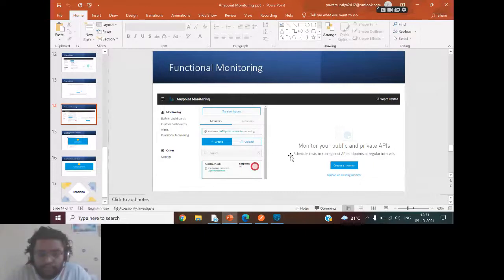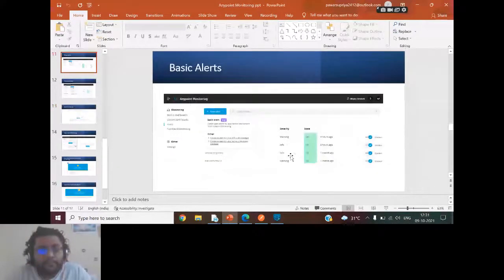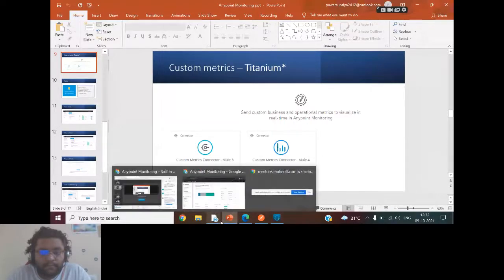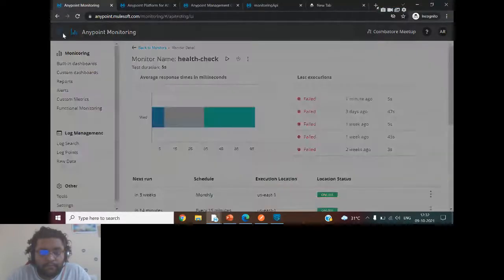What I have understood about custom metrics is, first of all, that it is for Titanium, and it enables sending operational and business metric values. One example which I was watching on the internet is about an application that was created. This has a lot to do with the MuleSoft Design Center. Whatever I know, I'm just explaining, but feel free to add points.